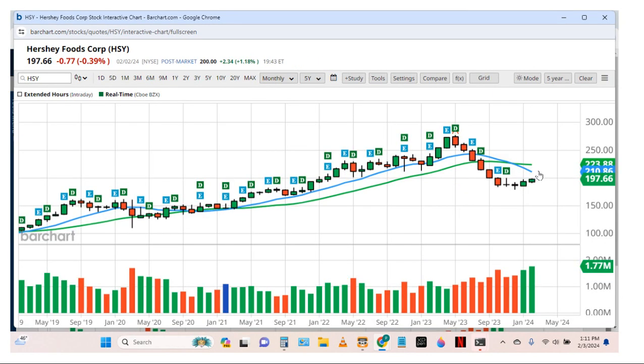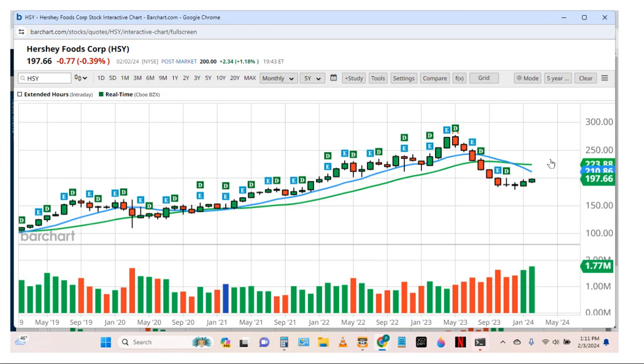Hershey Foods had a major sell-off. Now we've had 3 months of fairly steady buying. No large candles yet, but we can see on this monthly chart where we had a stage 2 uptrend, climax top, and then 6 months of straight steady selling. So the stage 4 downtrend into this kind of rounded bottom now, or stage 1, starting to turn up on the monthly chart. Now price is still below all these moving averages, so this would be a very early